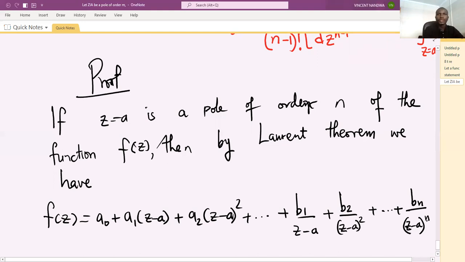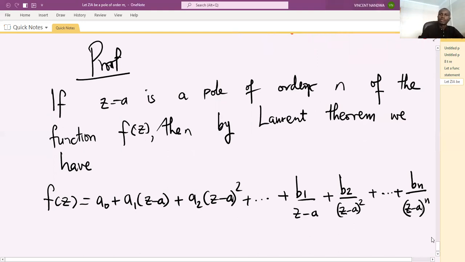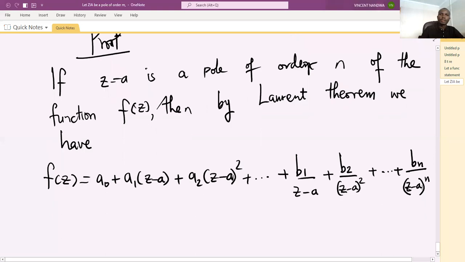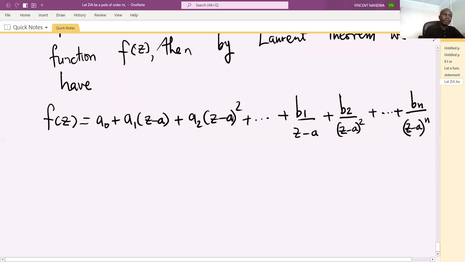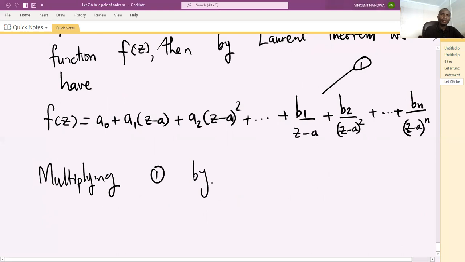So that's by definition using Laurent series. Let's call this equation 1. Now multiplying by (z minus a) power n, we get,